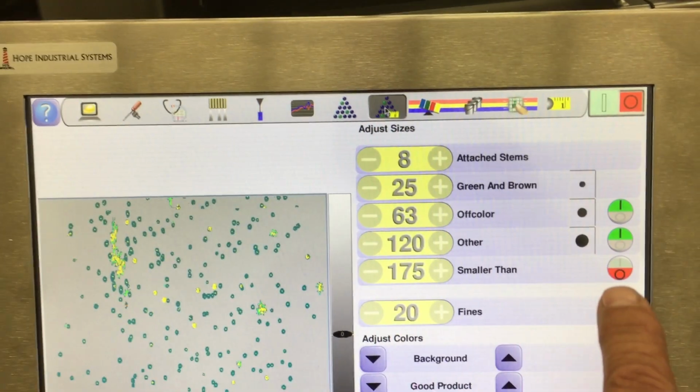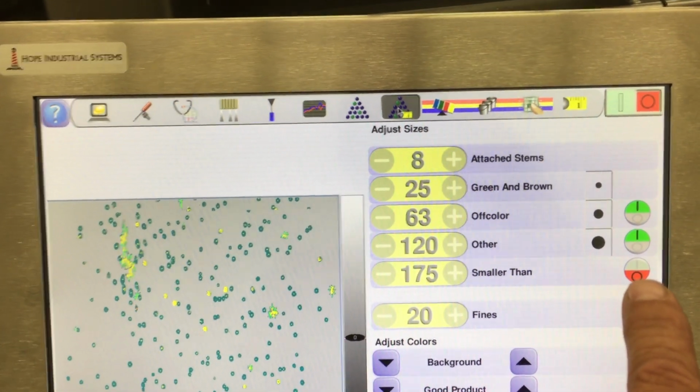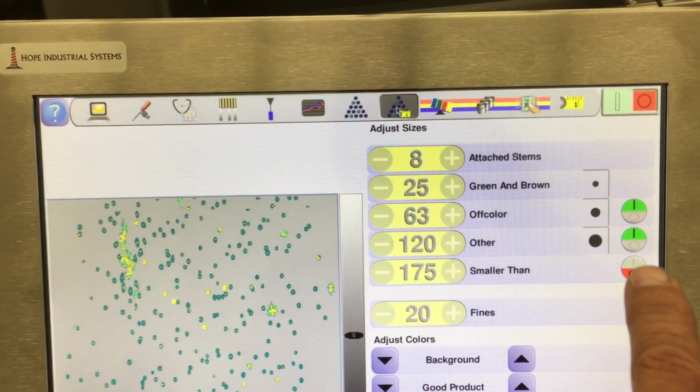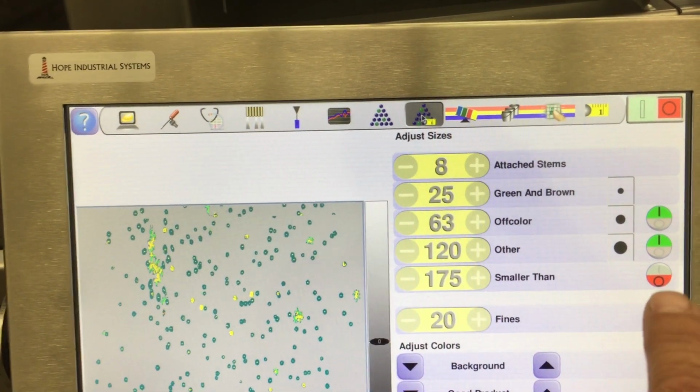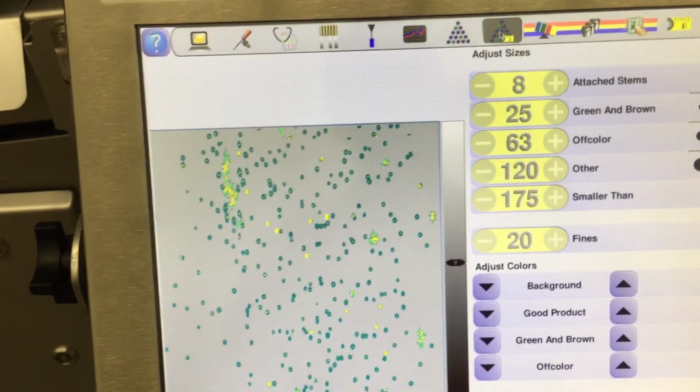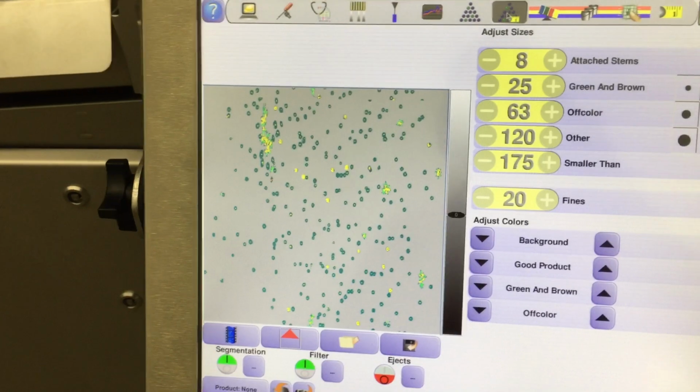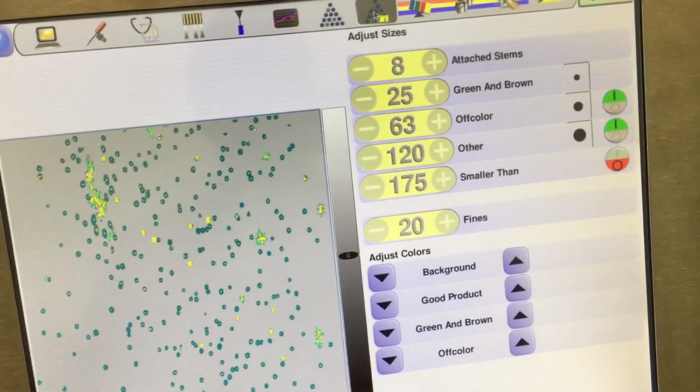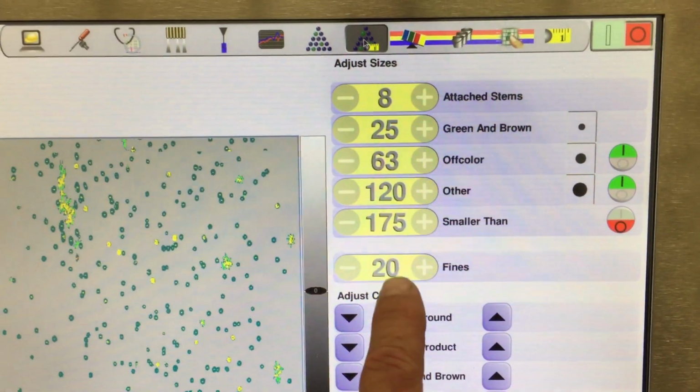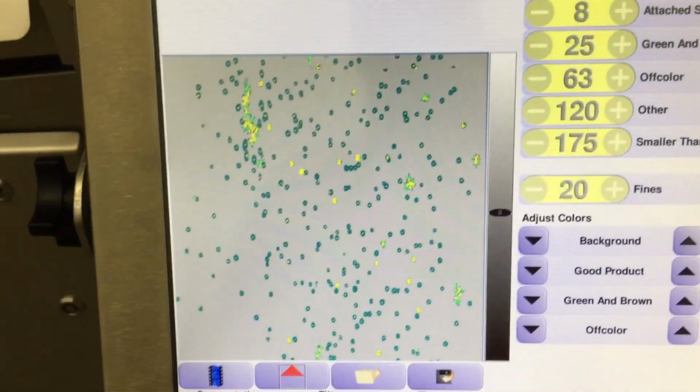It has its own enable button over here to the right. If you want to use it, you turn that on. If you don't want to use it, you just leave it off. Some varietals have small berries that you want to keep. Other varietals have small berries that you want to remove, and I'll discuss how to set those. But in general,